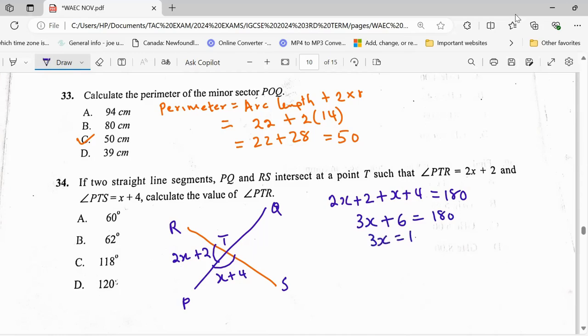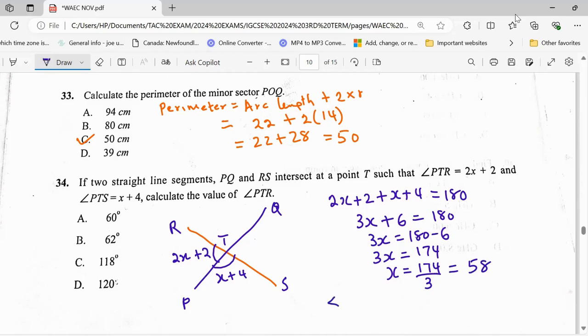3x equals 180 minus 6. 3x equals 174. So x is 174 all over 3. If we divide 174 by 3, we have 58. And now we are looking for